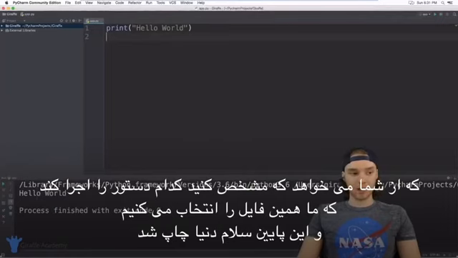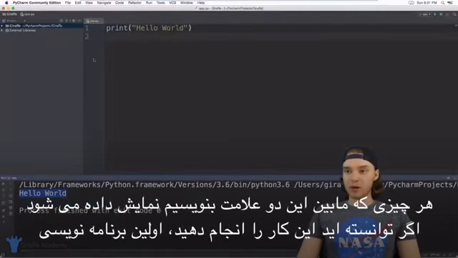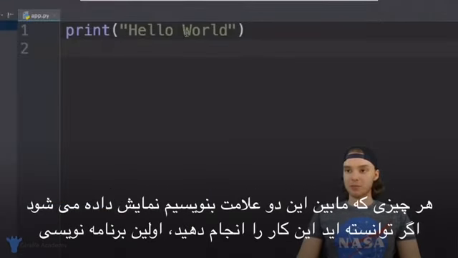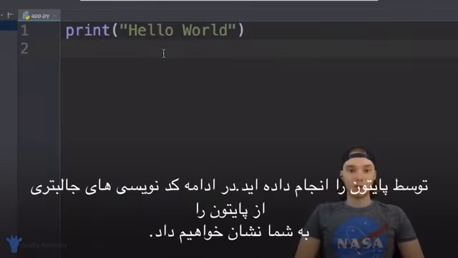Down here at the bottom, you'll notice that we have this text that just got printed out, hello world. Whatever I put inside of this print statement is going to get printed out down below in the console. So as long as you're getting that print statement to work, then you've written your first Python program. And as we go forward in the course, we're going to be writing all sorts of awesome Python programs, and we're going to be doing all sorts of